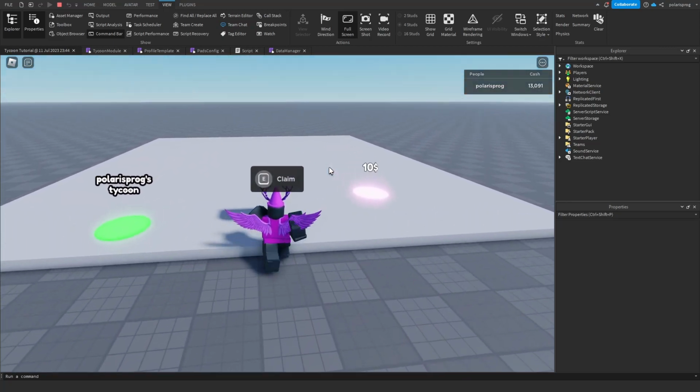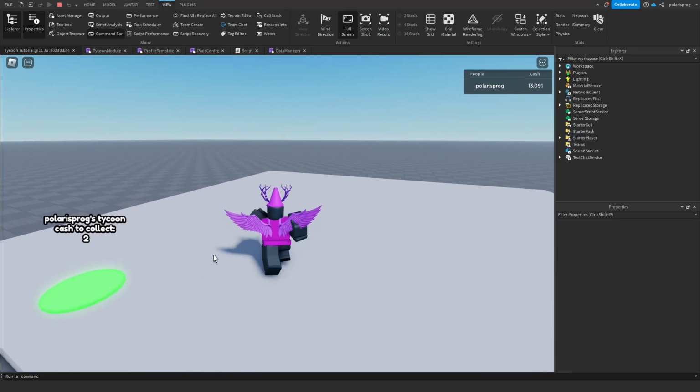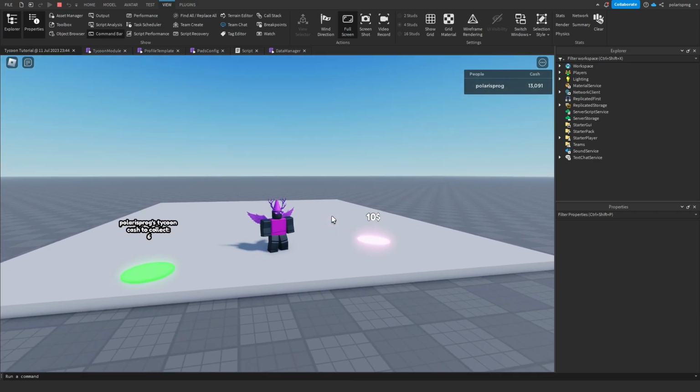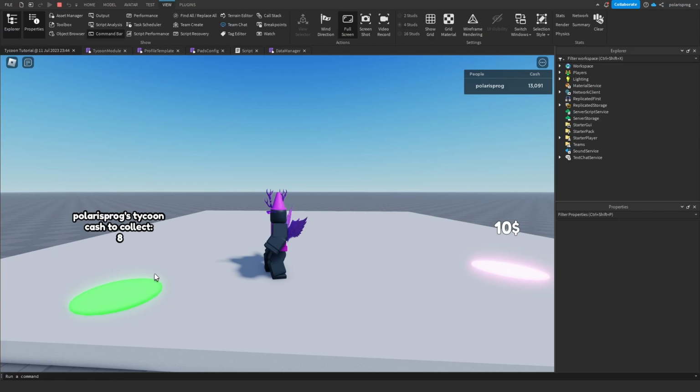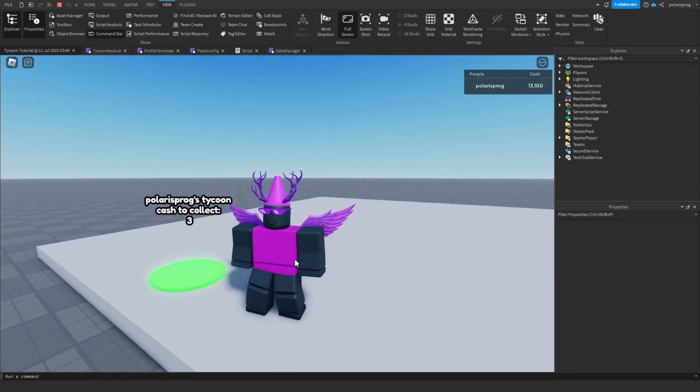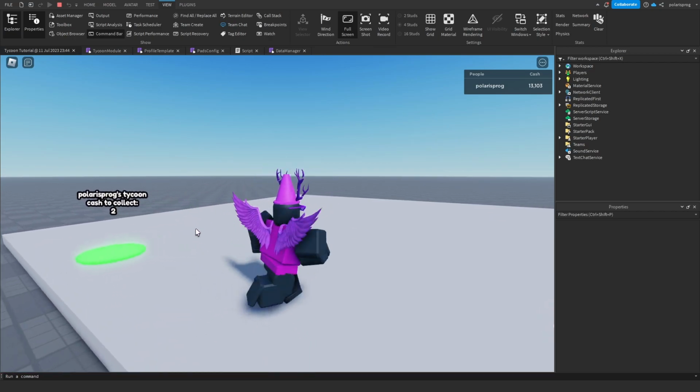In this video, we're going to be covering how to claim a tycoon and how to set up your tycoon so that your pads will be working in the next episodes. But right now, we're going to make the cash collecting system from your tycoon. So every time I touch this pad, the value will reset and I'm going to be able to gain more